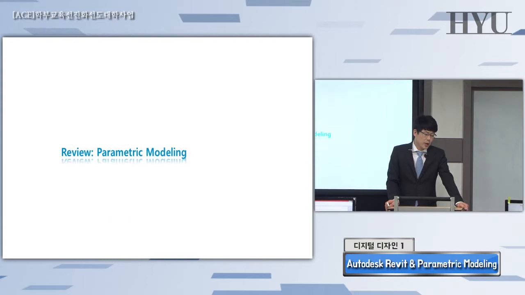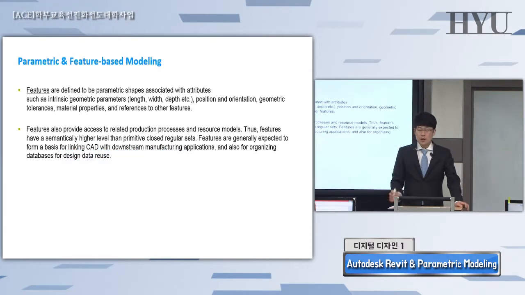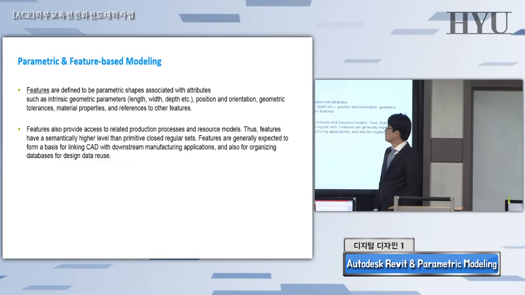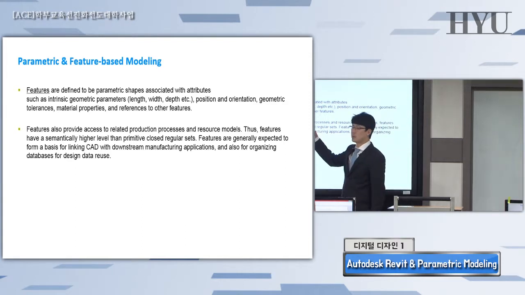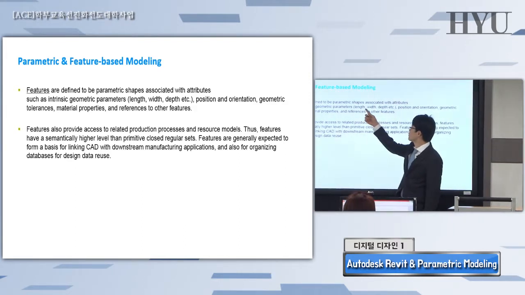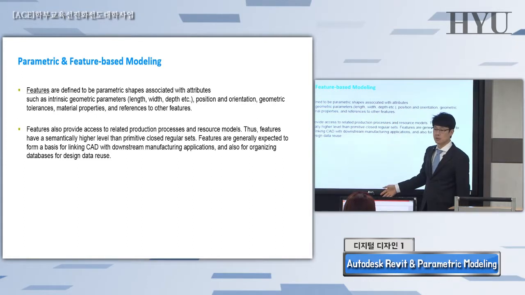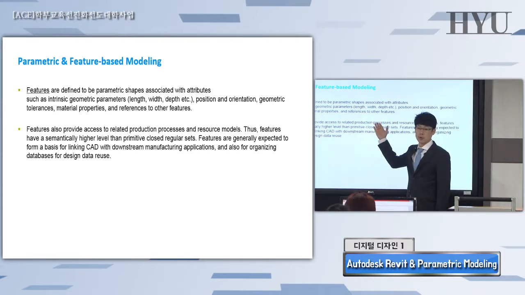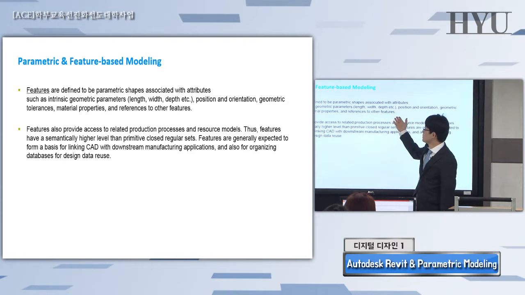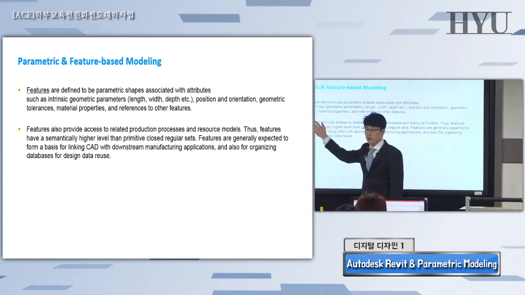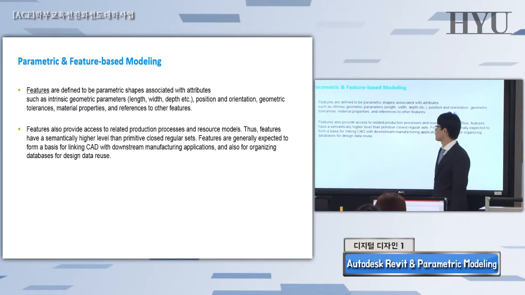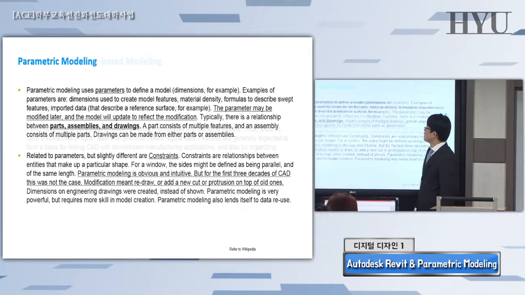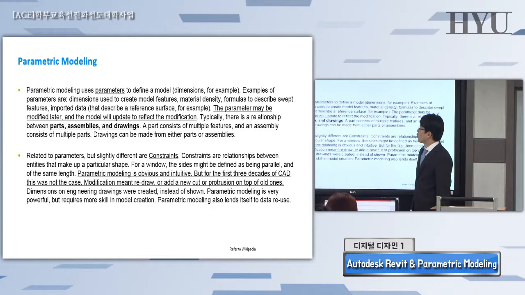So the next thing is parametric modeling as a review. When we are dealing with parametric modeling, there are a number of parameters, representatively length, width, depth, height, thickness, and so on, okay? Simply because our real-world products have them, okay? So by controlling those things, we can control features. If we control features, that object is also going to be changed, okay? What we can do by using such parametric modeling,